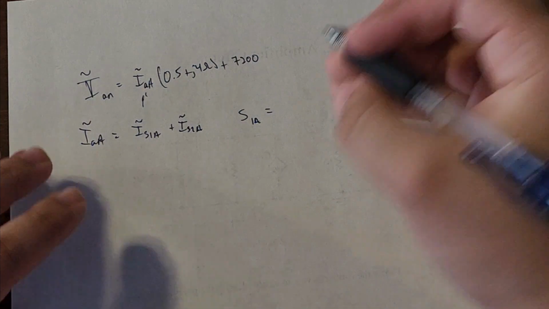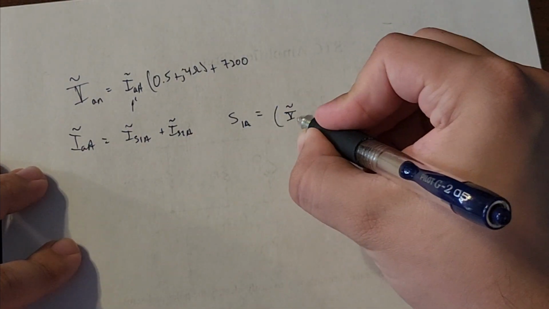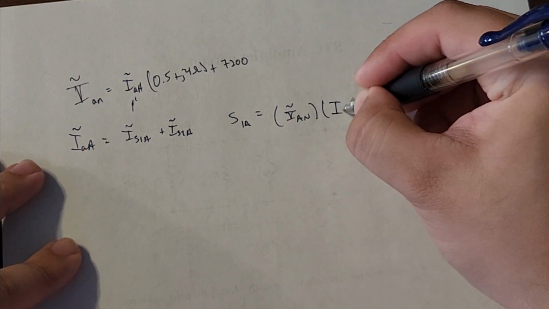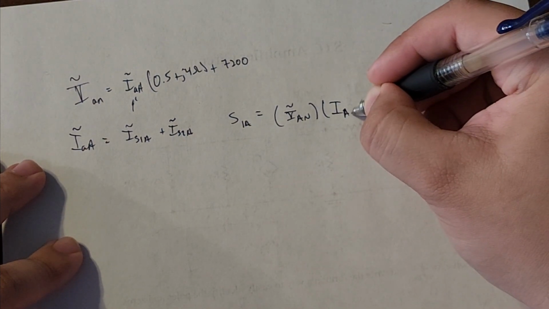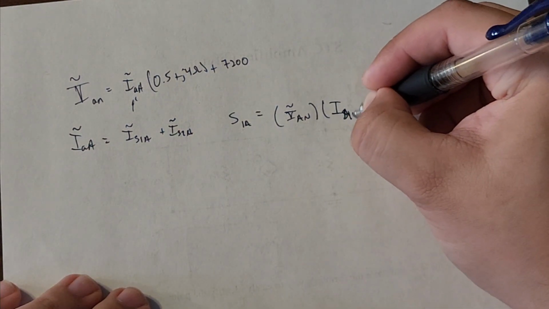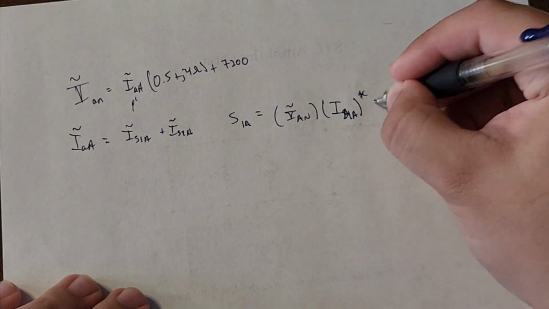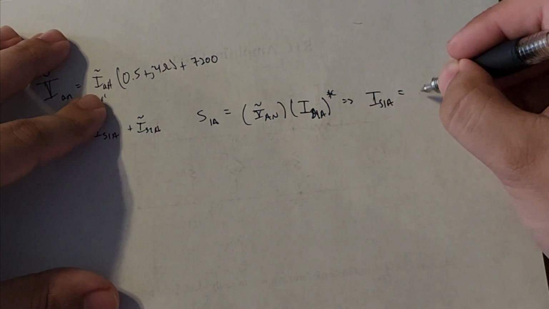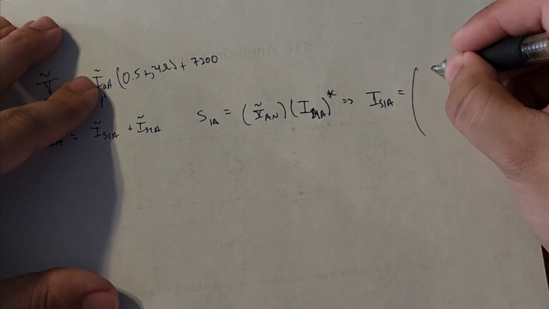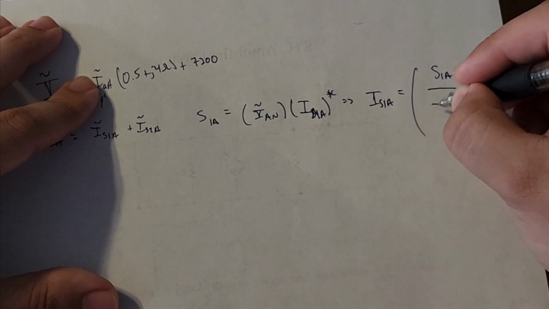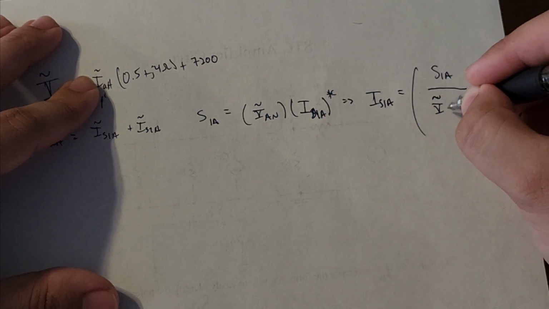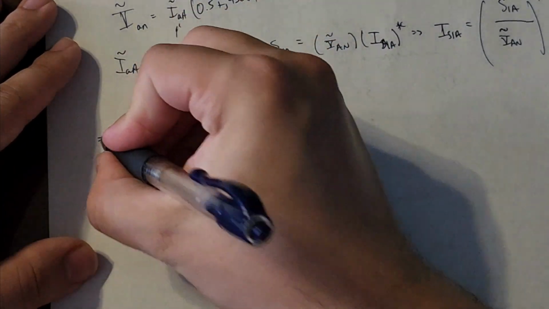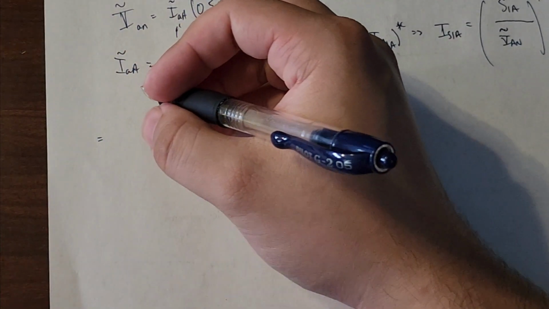S1A is equal to the voltage across the load times the conjugate of the current through it, IS1A conjugate. So we can rewrite this to get IS1A by itself: IS1A conjugate is equal to S1A divided by the voltage across load 1, at least. Conjugate. So then IS1A is equal to S1A, which was